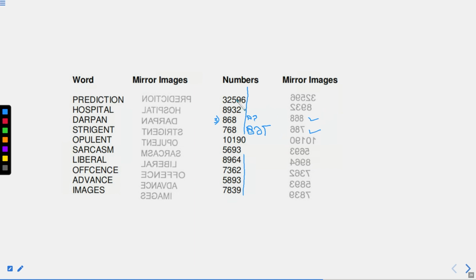Similarly, for every number, 6 will appear like this, 9 will appear like this, 5 will appear like this, 2 will appear like this, 3 will appear like this. This comes out to be the answer. So similarly, for every letter, for every number, if I take the example of the last number, 9 will appear like this, 3 will appear like this, 8 will remain the same, 7 will appear like this, and you will get this part. This is your answer. I hope you got the method.